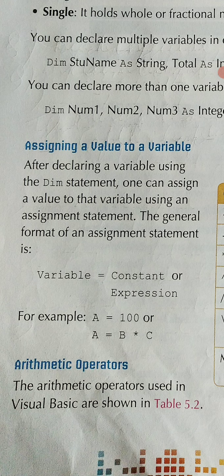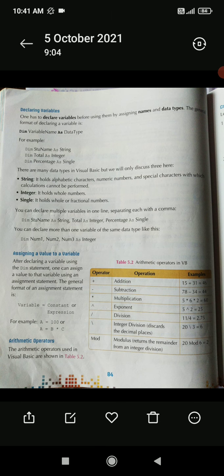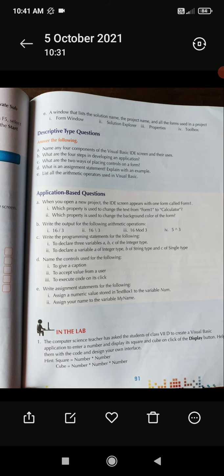This much is clear to you? No doubts regarding this? Okay. Then students, you will write the next question. What do you mean by event-driven programming? I am dictating the question, you write. It's not there in your exercise questions, so you write.